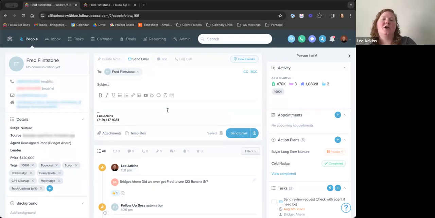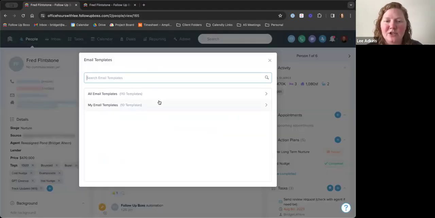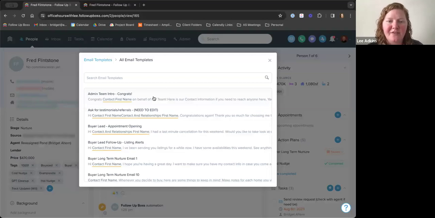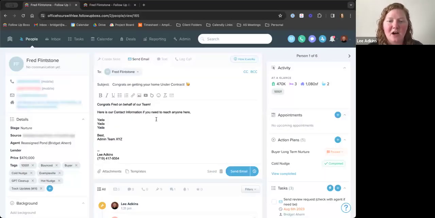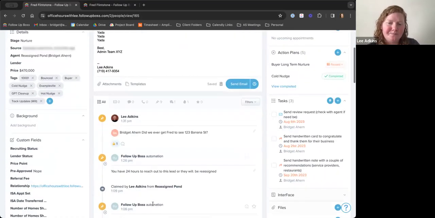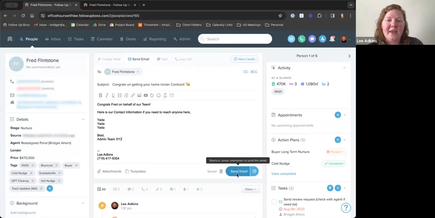Sending emails. So you've got obviously the use of templates, which is going to be huge. So you guys could just pop some different things in if you need to. This is our contact information, and so on. What I also love about doing it inside of Follow Up Boss instead of within your own email is you get some of that background information on if things are bouncing, like how it'll turn the email a yellow color. It'll also create a little pill notification button, I guess might be the right term, right over here by when it was sent,